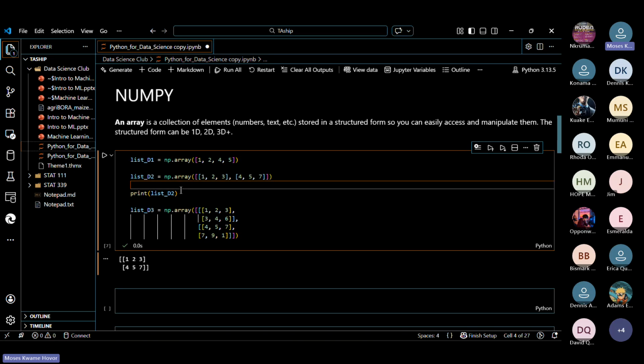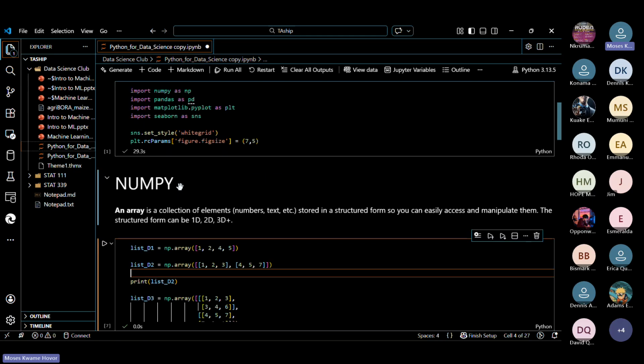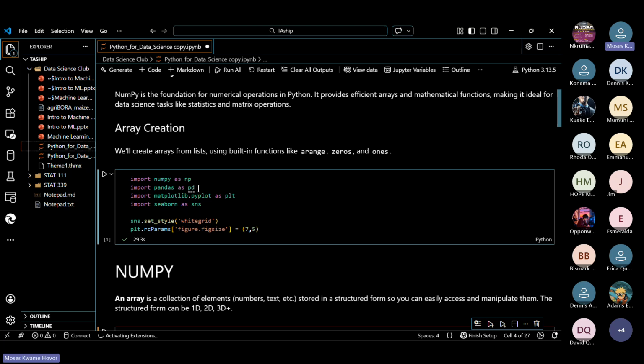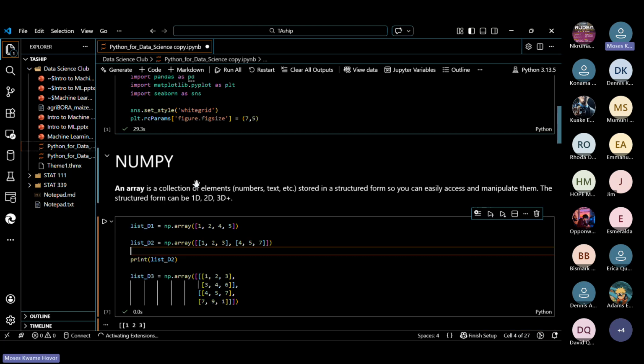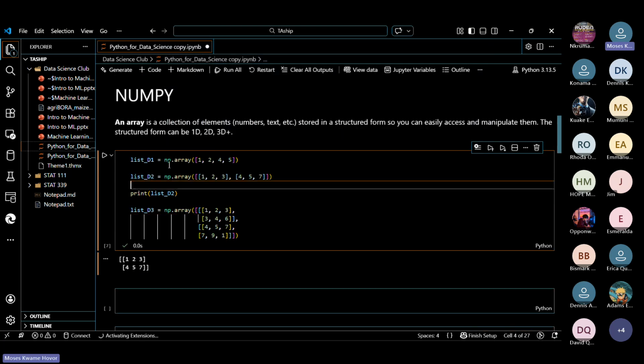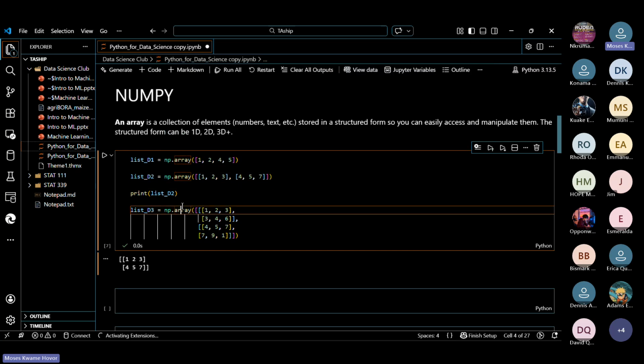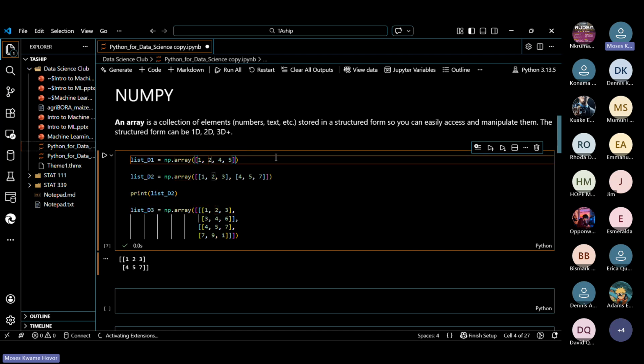The actual name is NumPy, but we give it an alias, np, so we type np instead of NumPy. So np.array, we open a bracket, then we type the elements in a square bracket. In Python, it's called a list.